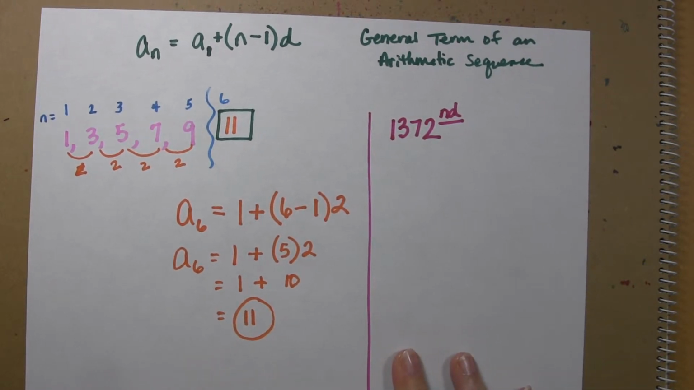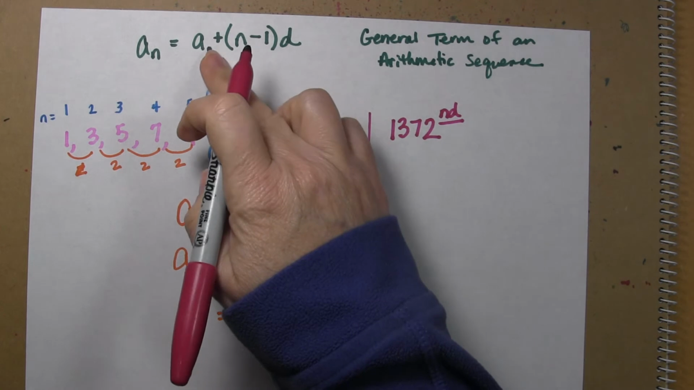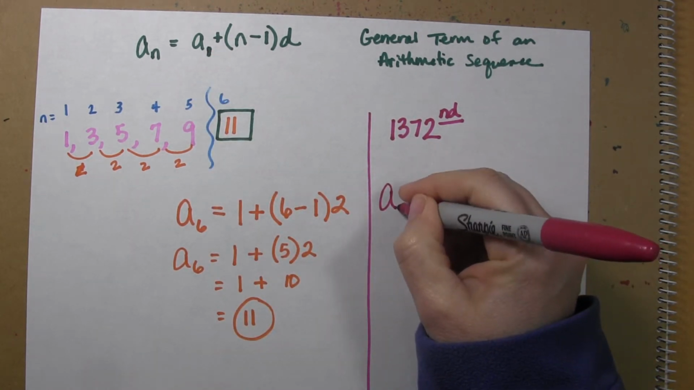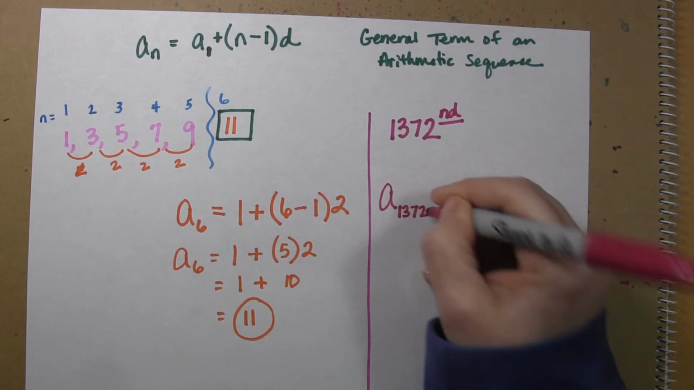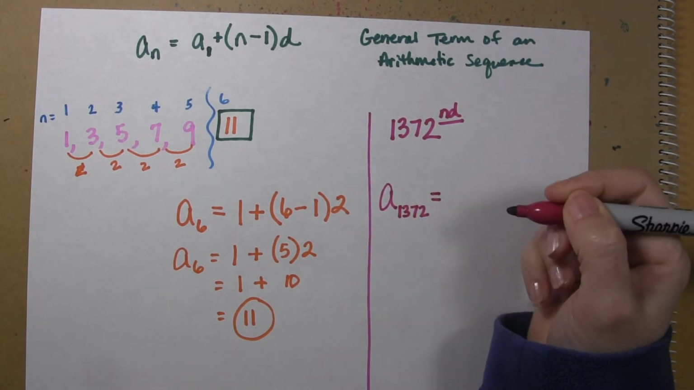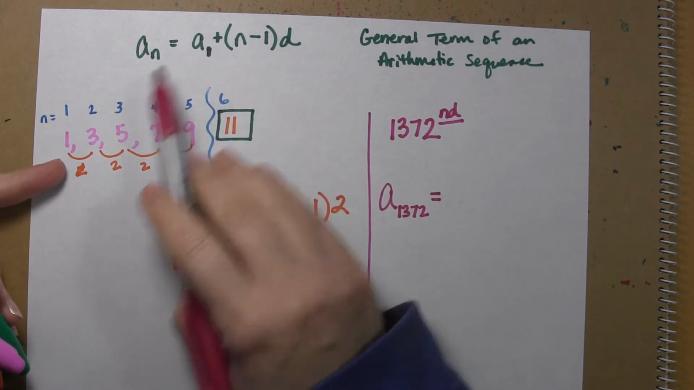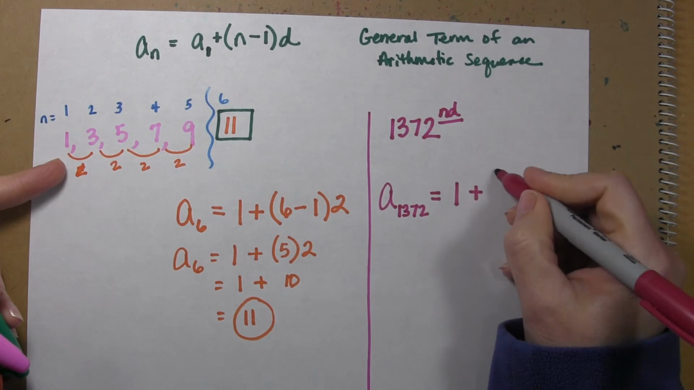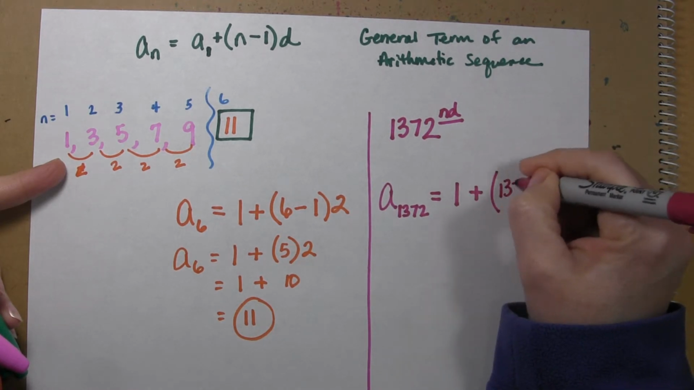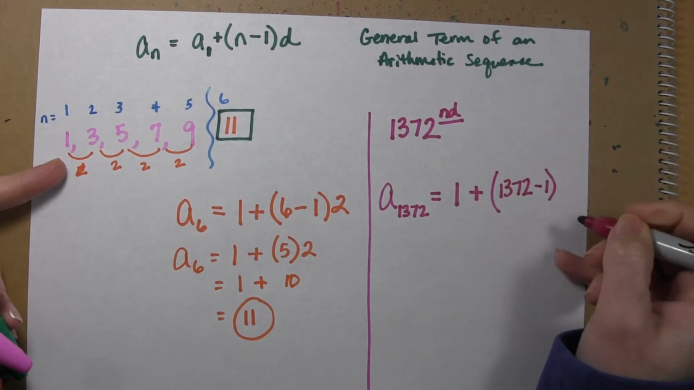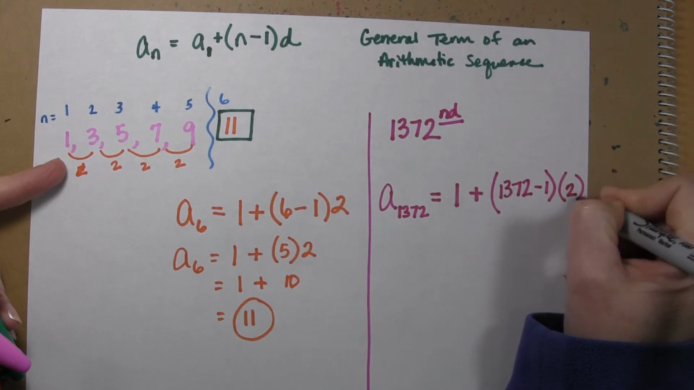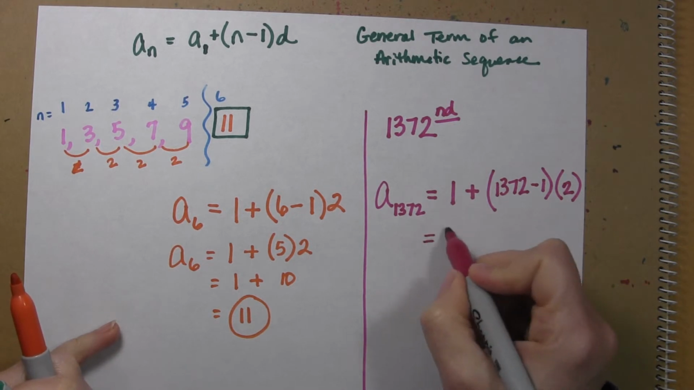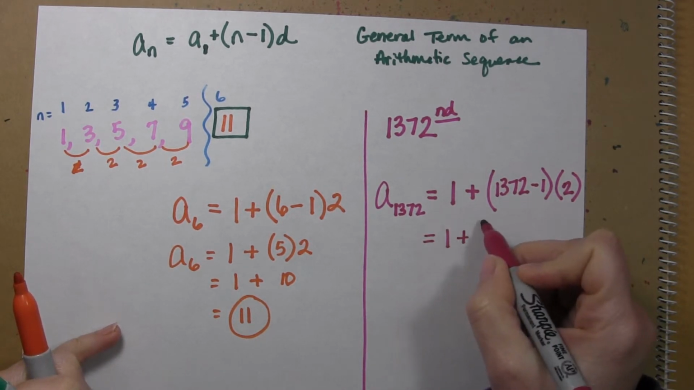How are we going to figure that out? Well, we're going to use our general term. So we're going to say a sub 1372, because that's the term that we're looking for, equals a sub 1, which in this case is 1, plus n minus 1, which would be 1372 minus 1, times d, which is the distance between the terms, which in this case is 2. So that's going to be 1 plus